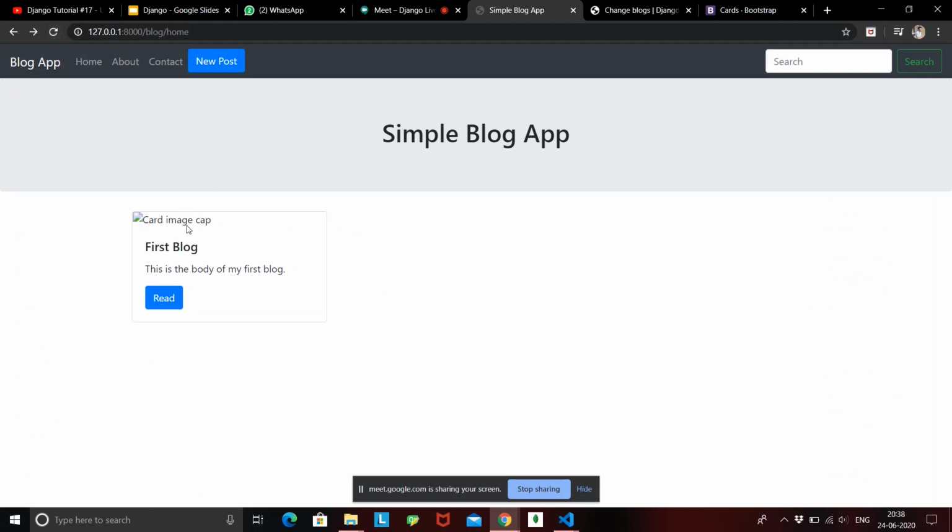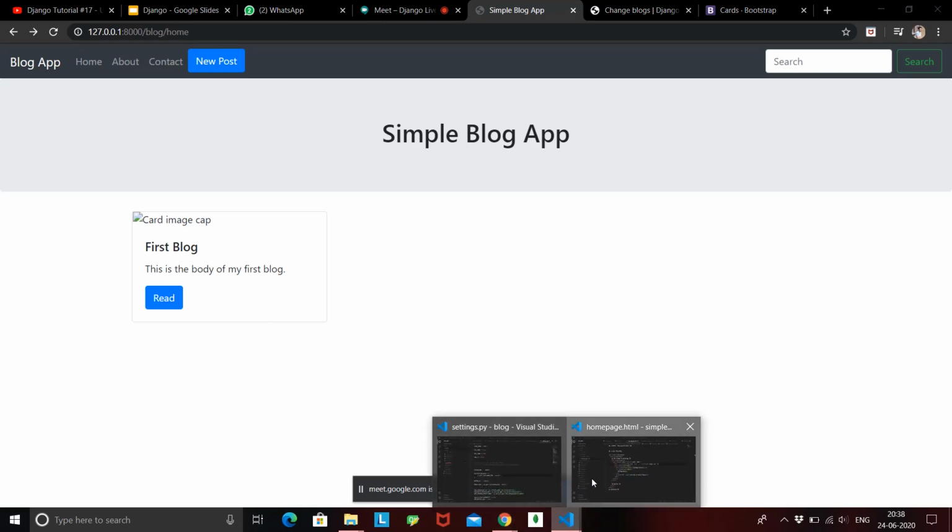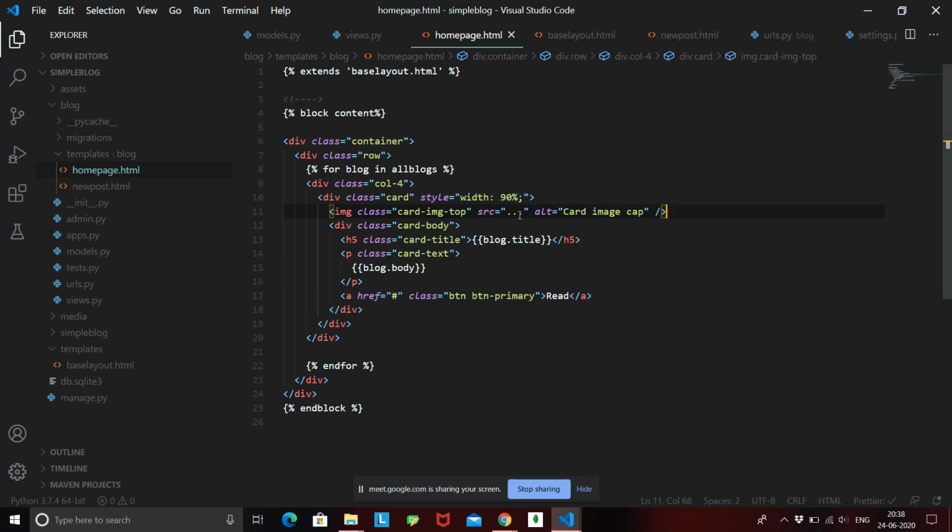The only thing we need to do now is retrieve the image that is stored inside our database, inside the media folder, and display it over here. How we can do that is we'll go back over here, and inside this source, not inside curly braces, what you want is blog.thumbnail.url.